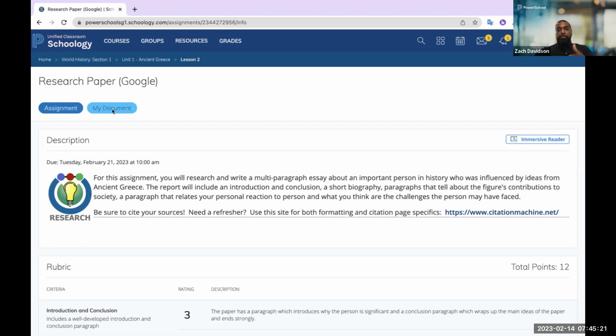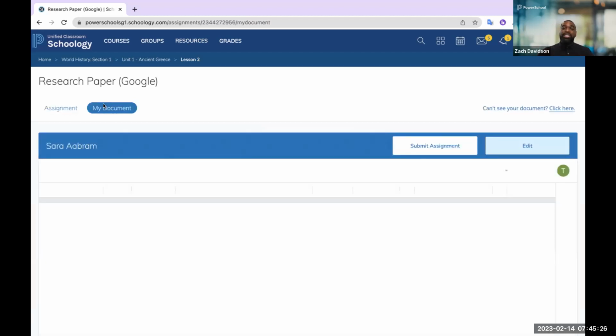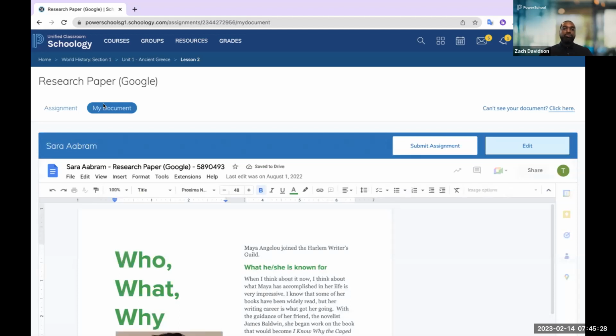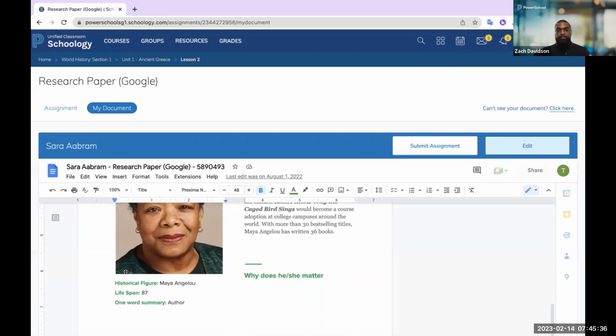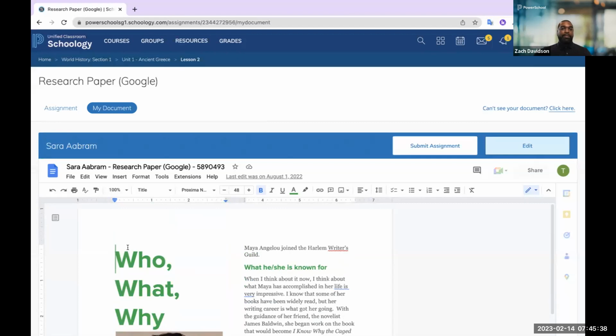Additionally, though, I need to work on this Google Doc. All I need to do is click on my document. When the teacher attaches any Google Doc or Microsoft OneDrive document, it automatically creates a copy for each student to work on individually, as you can see here. So now I can work on that assignment and once again, still leverage all of the Google annotation tools. So think about the students that still love those Google productivity suites. You can still incorporate that inside of Schoology.